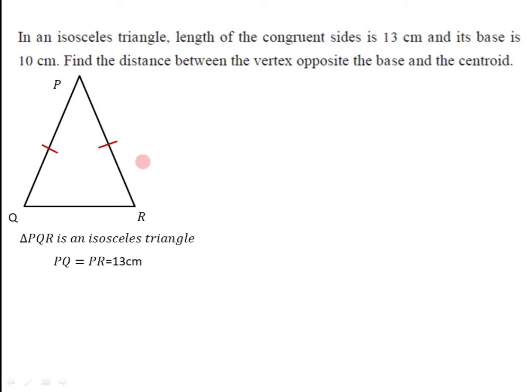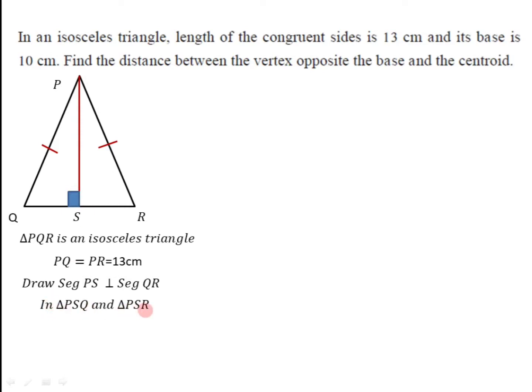So for that we must have the centroid of this triangle. To have the centroid of a triangle, first of all we should have a median. So before that we'll do one construction. We'll draw a segment which is perpendicular to base QR from point P. We'll name this as segment PS. So here we have constructed segment PS perpendicular to segment QR. Now as we have drawn one perpendicular from point P, we have got two right angle triangles, triangle PSQ and